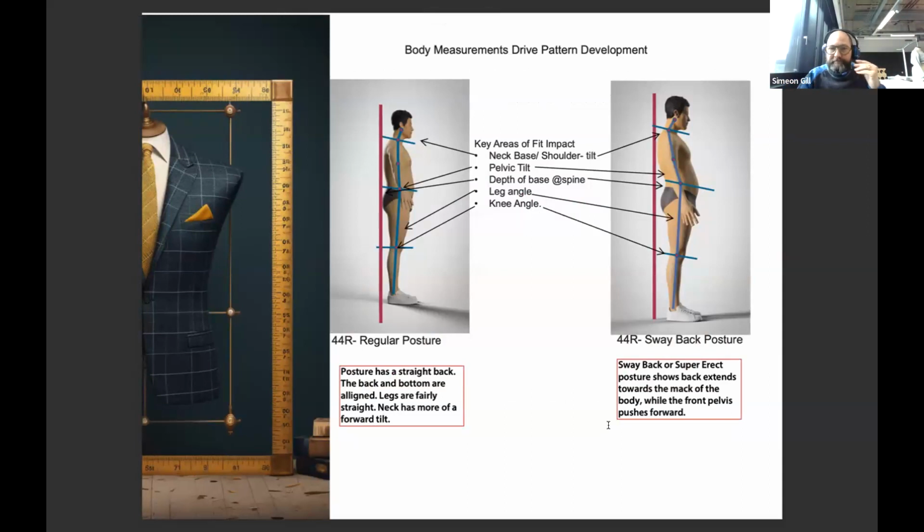Right here, I chose to use an in-program figure versus one of my own, just to show you how that in-program figure works within three-dimensional design. So on one side, we have a regular posture for a 44 regular male figure. And then on the right-hand side, we have the 44 regular sway back posture, which is generally seen more in